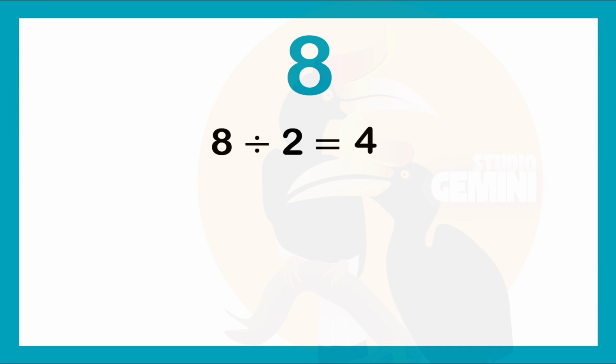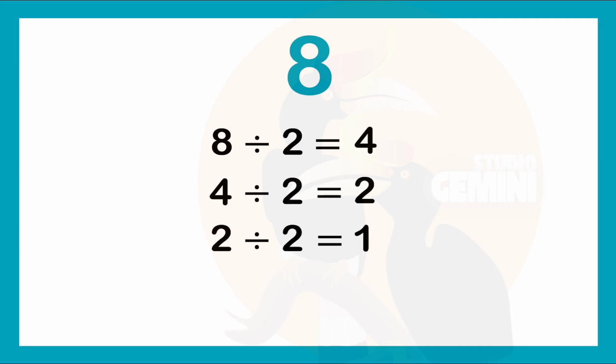Now let's take our quotient of 4 and divide it by a prime number. The only prime number 4 is divisible by is 2. 4 divided by 2 equals 2. Again, we will take our quotient, which is 2, and divide it by a prime number. 2 divided by 2 equals 1. Look at the prime numbers we have divided by to reach a quotient of 1. 2, 2, and 2. This means that the prime factorization of 8 is 2